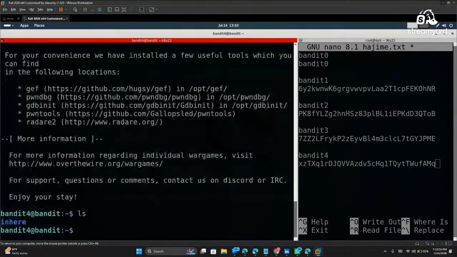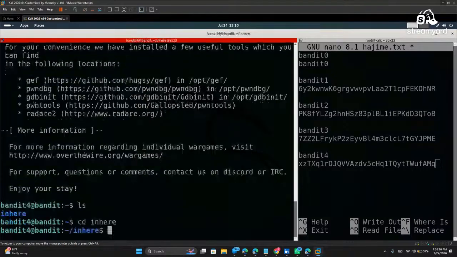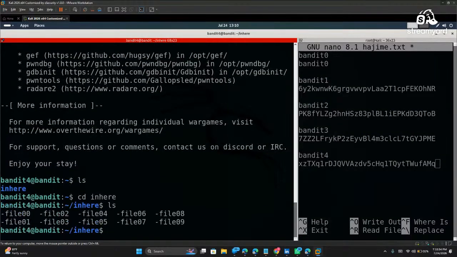Let's list. You should get this folder. Then we change directory into this folder and list. Now you can see that we have 10 different files in this folder. You can't just be opening them one by one to search. What if there are 1,000 files and only one file is human-readable? So now this is where